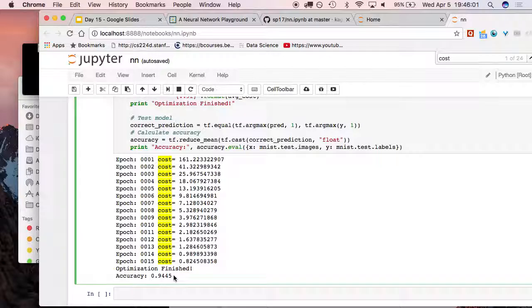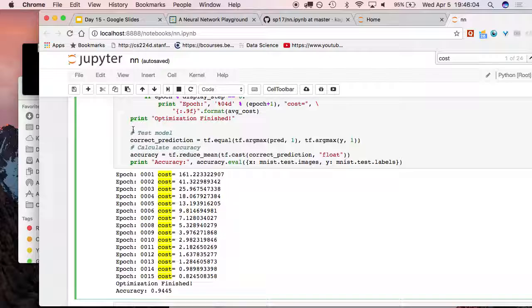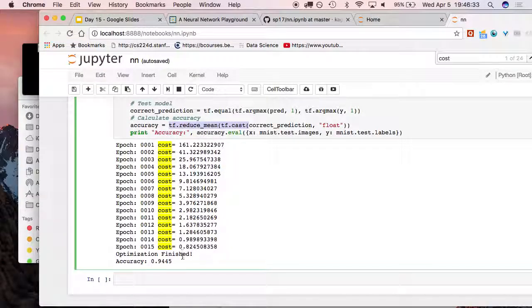And then what we do is one last time we do it with our test set, because what sort of data scientist would we be if we didn't test things on a different set from which we trained on? So correct prediction, tf.equal argmax pred 1, again as above, we have to take the argmax of the one hot encoding because only one of those things will be 1. And then we're again doing tf.reduce mean, casting it to a float. And then our testing accuracy is